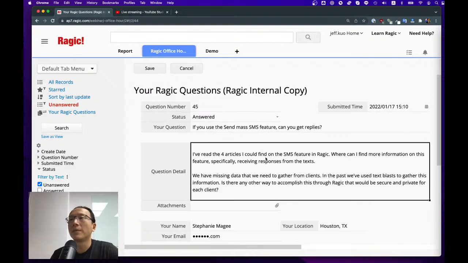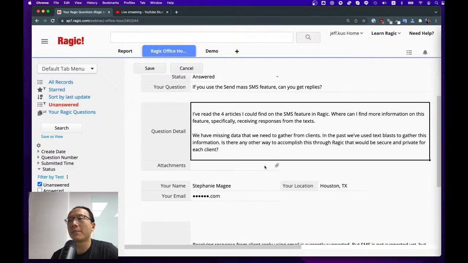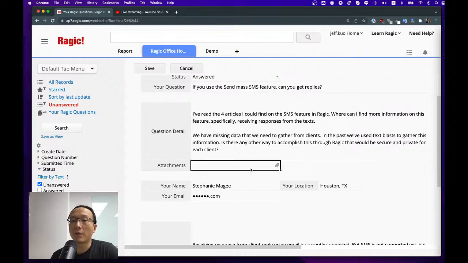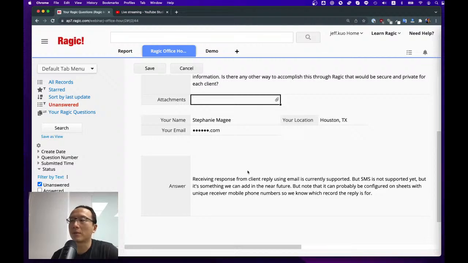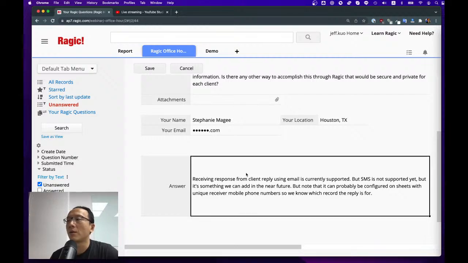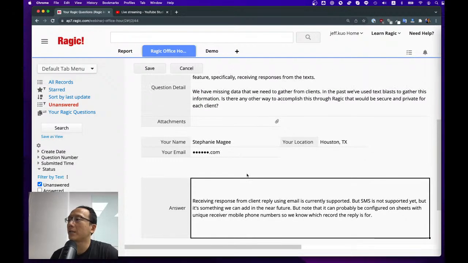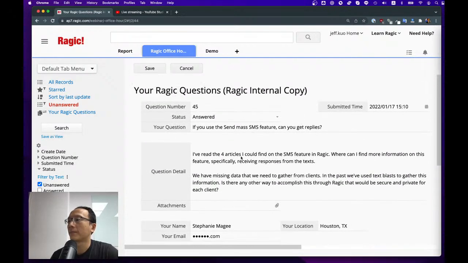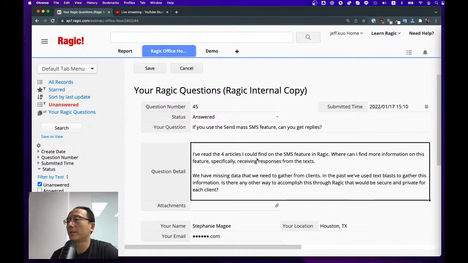Going through this in my head, I think the biggest problem would be that on our server, when we receive an SMS message reply, we don't really know which account, which sheet, or which record the response is for. So if you have any good ideas on how to tell, or if you're a developer and you have some ideas or experience dealing with this kind of SMS text reply, feel free to let us know. I'm sure our developers have some idea, but